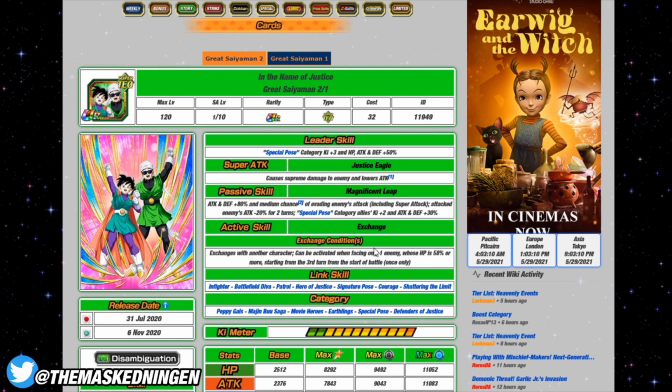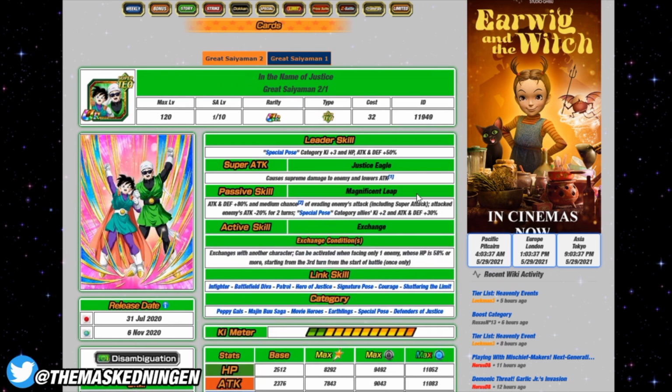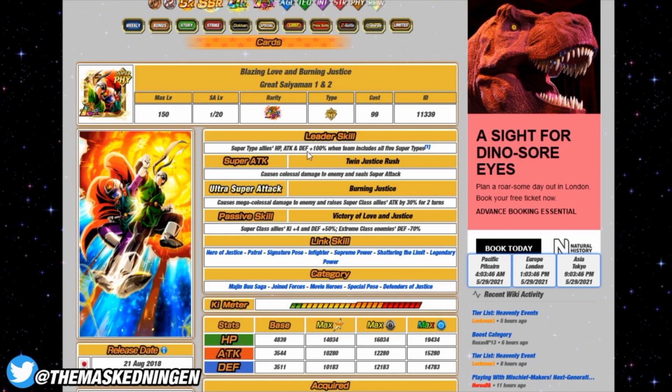They can be worth running on the team because they have a medium chance to dodge built in. They lower the enemy's attack when they attack. They don't even need to super. And then they give special pose allies 2 ki and 30% to stats, which is a pretty decent support as well. And then you can exchange when there's only one enemy left, although their HP has to be 58% or more. They can exchange into the Saiyan 1, then they just become like a hard-hitting unit and don't have the support. So I think realistically they're best used as a support. If you don't have any of the summonable leaders though, I don't think they are the best person to use as a lead. I would move on to this unit here, the LR Saiyan 1 and 2, because they have